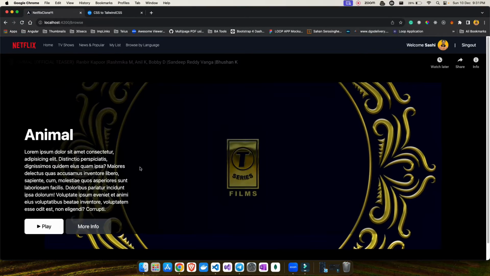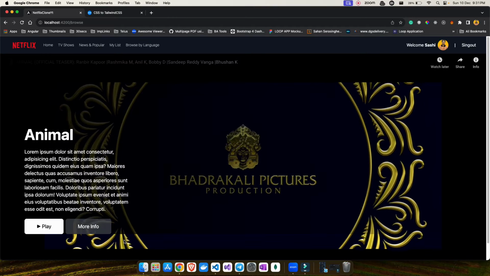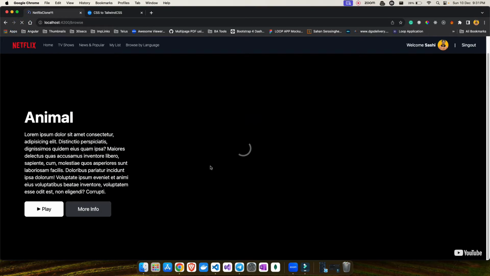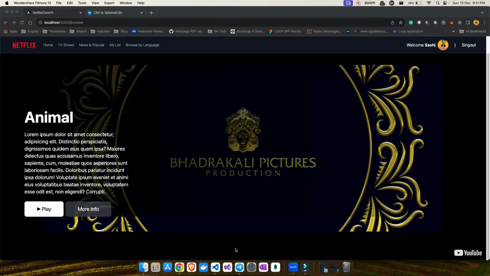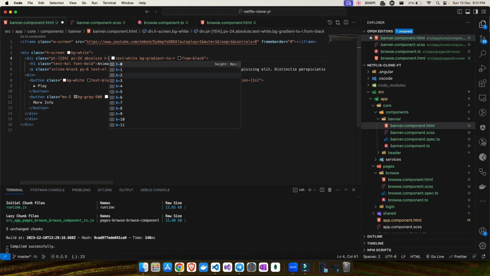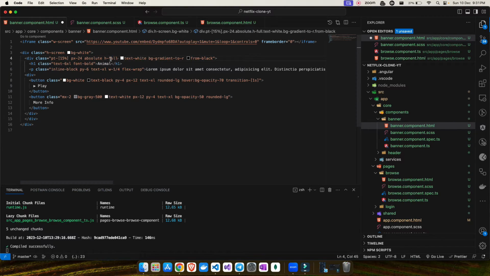here. If you have noticed, you can see there is a gap here. If I try to click here, I'm able to do that, so I should not allow it, correct? To fix the issue, let's go in your code, and in this div I will also add one more thing, which is height full, which will give 100%. If I hover on this, I have height full, which I need for this one.